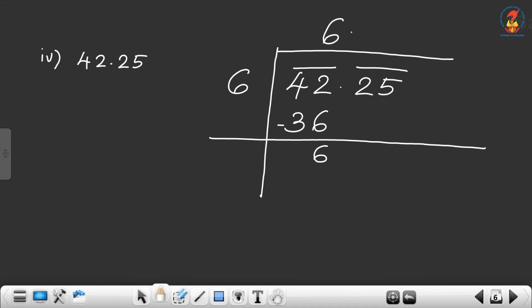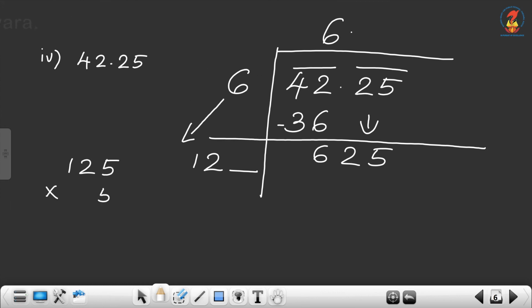Next we have the decimal point. Put decimal point in the quotient. Bring the next pair down, 25. Now double of 6, you have to write it. Double of 6 is 12, then put a blank on its right. Now you have to fill in the blank. Which digit we have to select? So 100, here the last digit is 5. Okay. So if you take 5 and if you multiply 125 with 5.